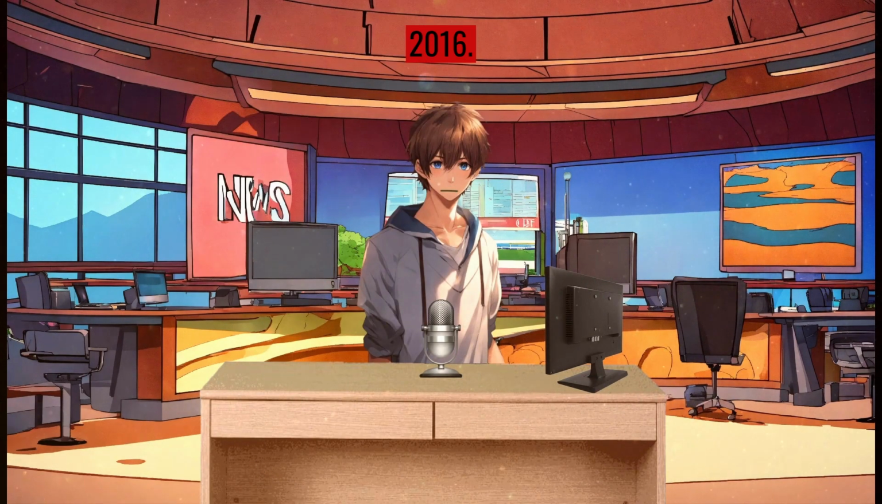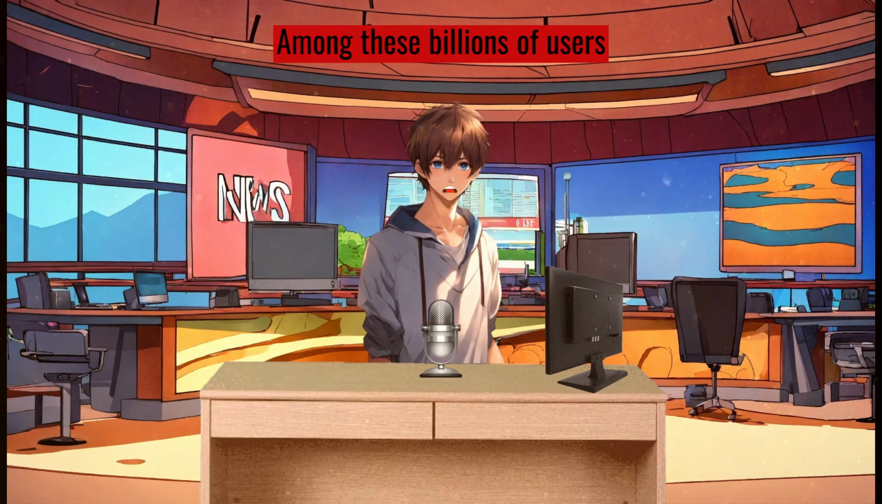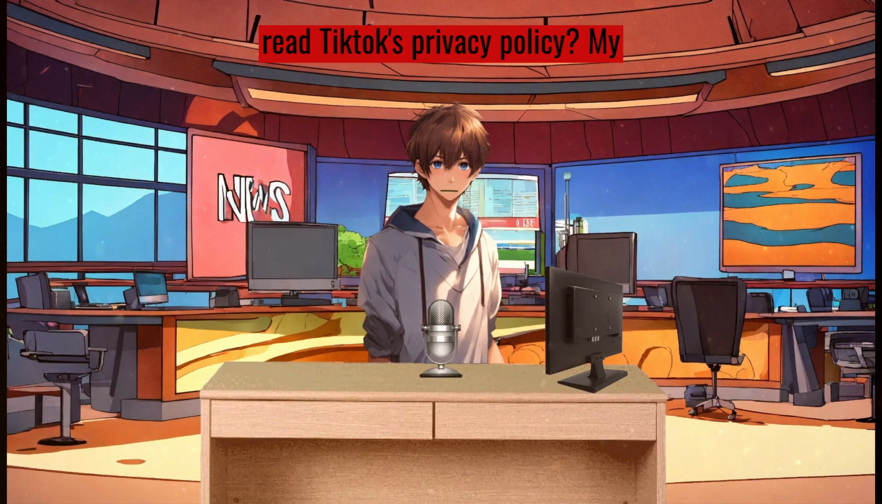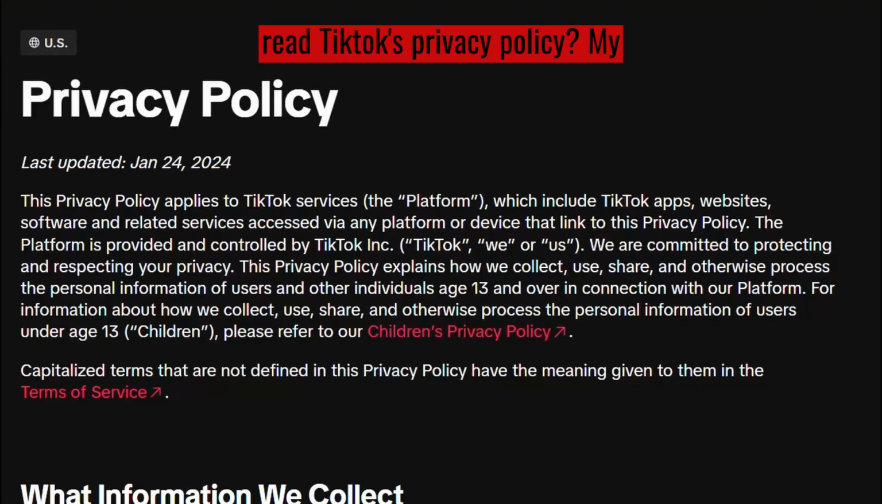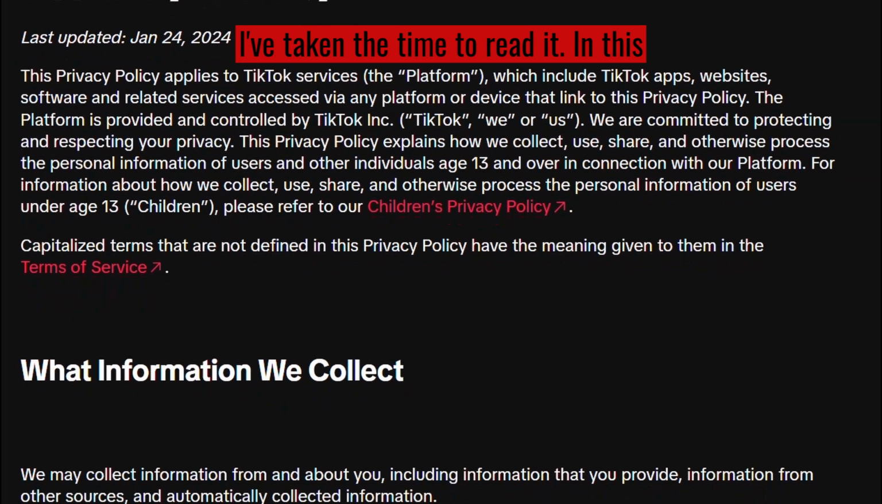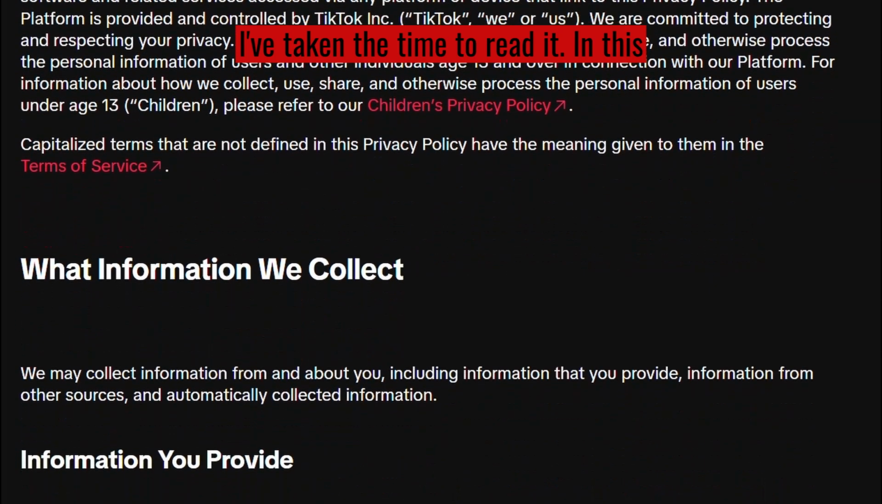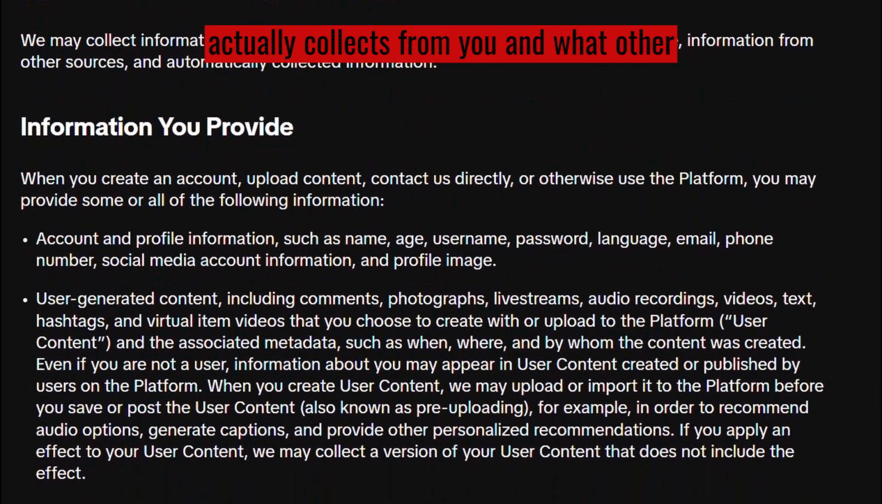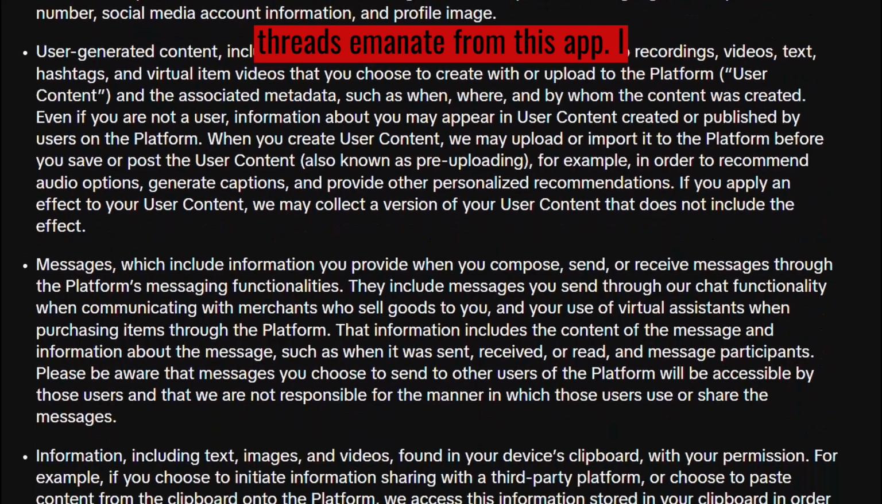release in 2016. Among these billions of users worldwide, how many have actually read TikTok's privacy policy? My guess is close to none. That's why I've taken the time to read it. In this video, I'll show you what data TikTok actually collects from you and what other threats emanate from this